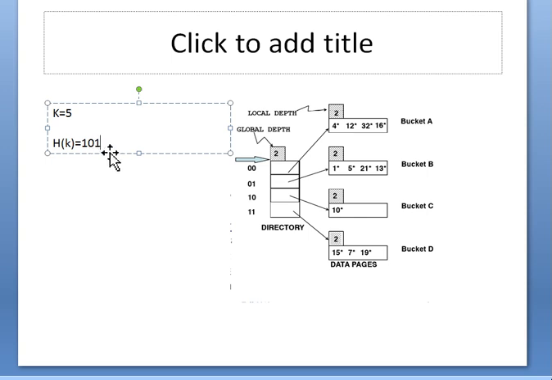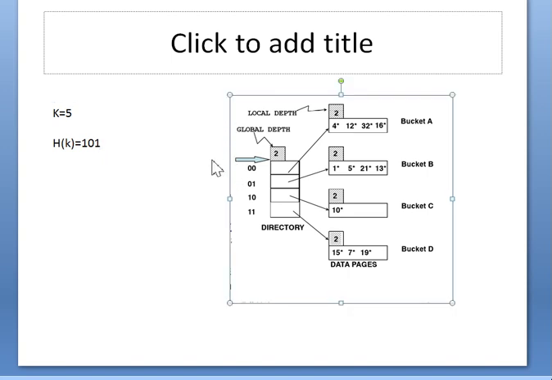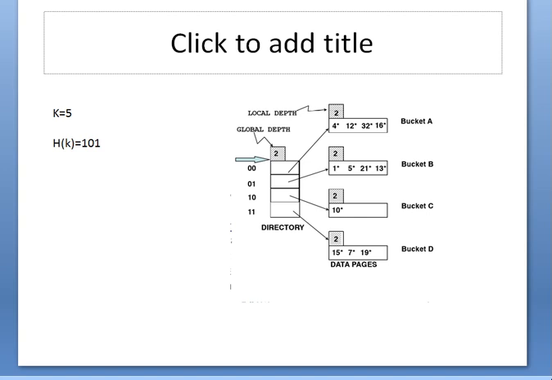The last two, 0, 1. Now if I take a directory of size 4, then I have indexes 0, 0 that is 0, 0, 1 is 1, 1, 0 is 2, 1, 1 is 3. That is the binary representation of 0, 1, 2 and 3.